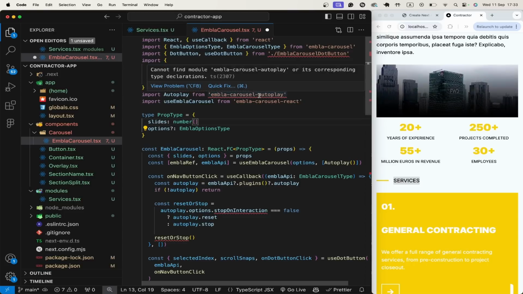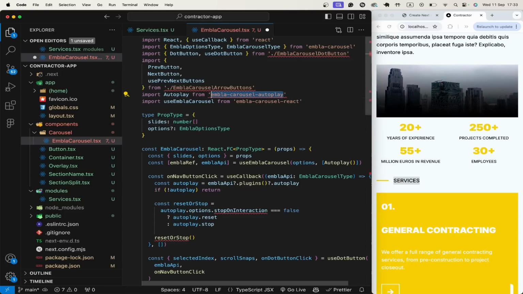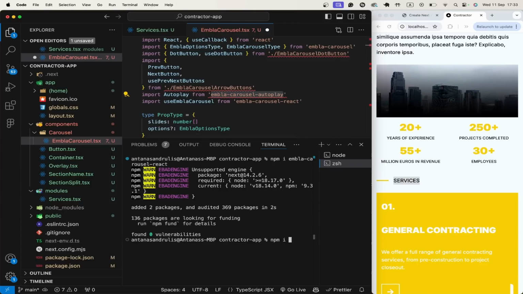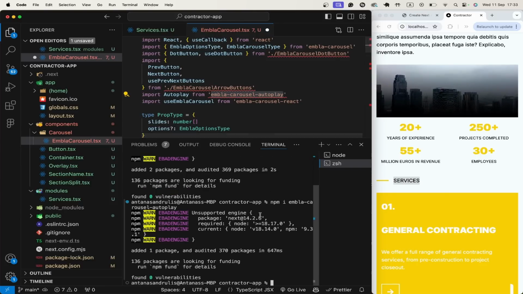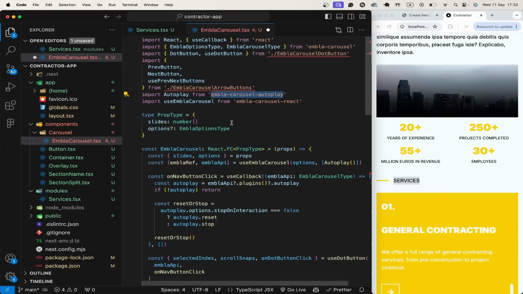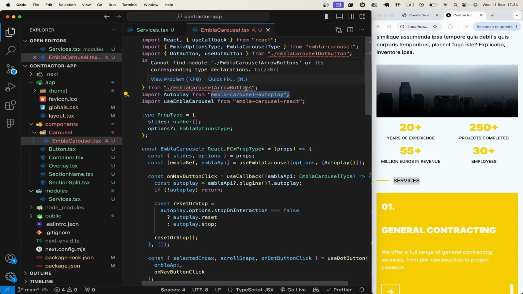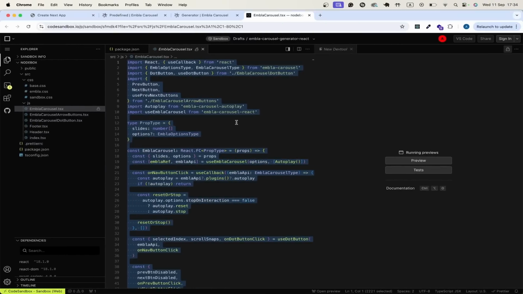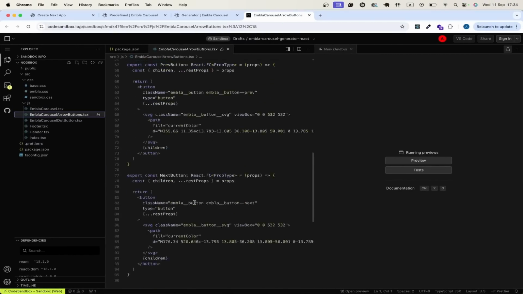This should fix our errors, and also we have to install this, I think. So npm i Embla Carousel Autoplay. Good, so it removed the errors,